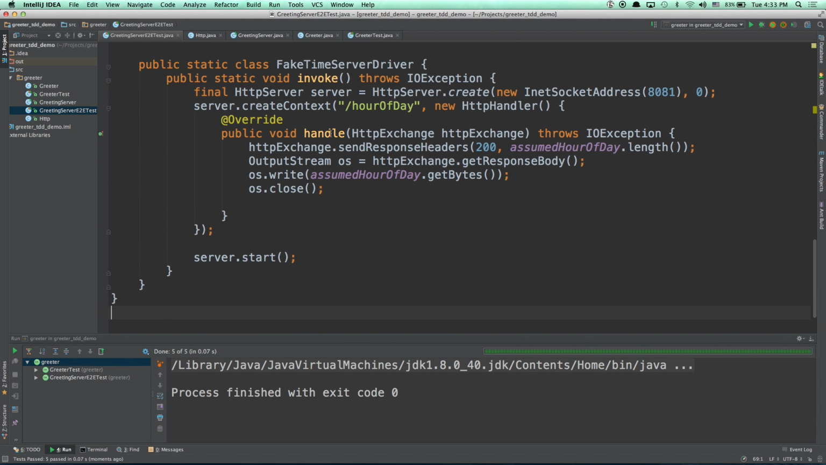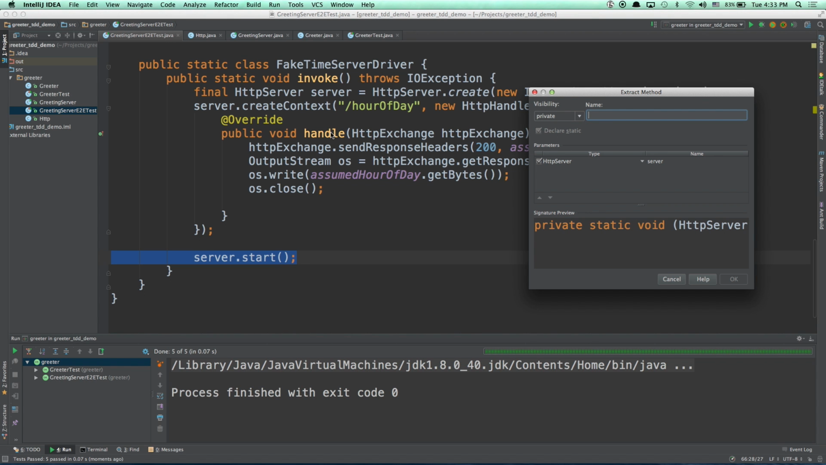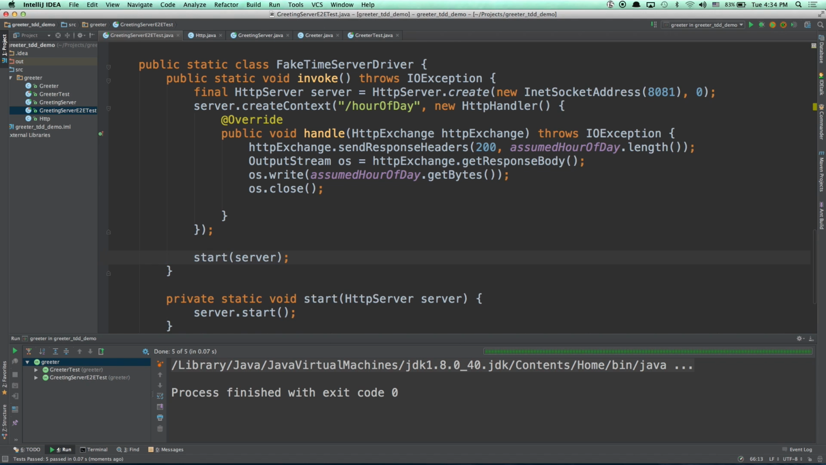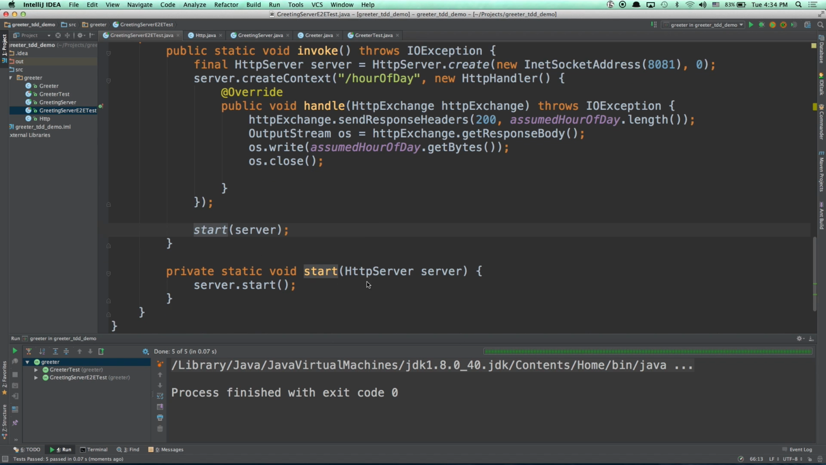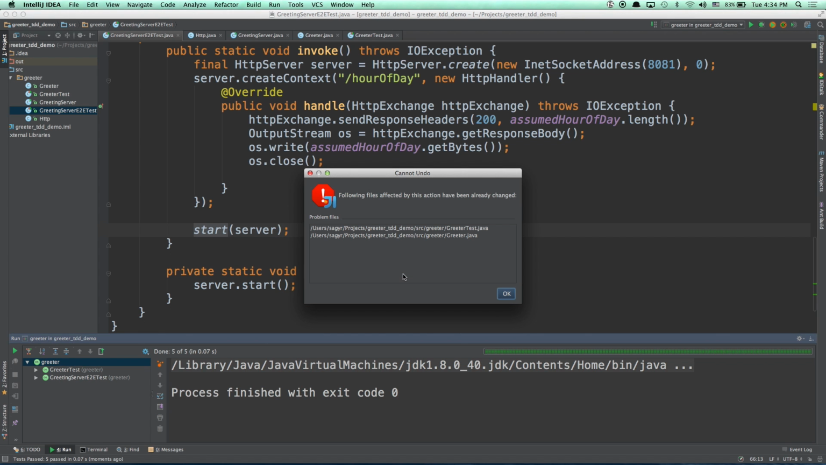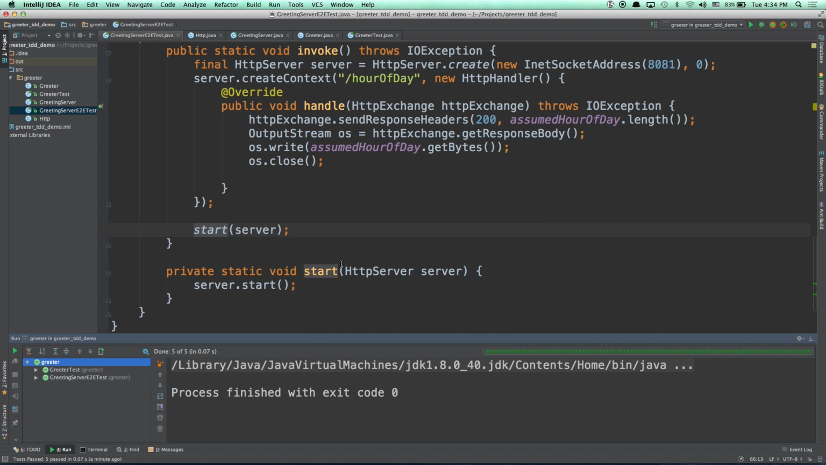Cool. Now, this method here, I don't want it inside the invoke method. I want to separate it into a different method. I'm going to call it start inside the fake driver. If I do that, you see that the IDE offers or forces me to pass in the HTTP server, which I don't like. So I'm going to change that. I'm going to undo this refactoring for now. What I'm going to do instead,